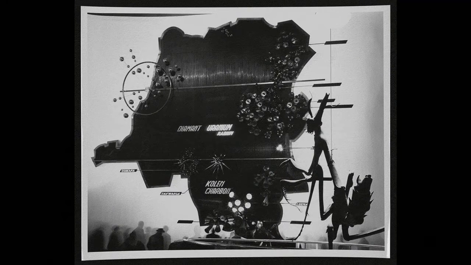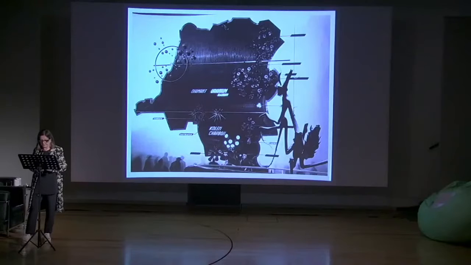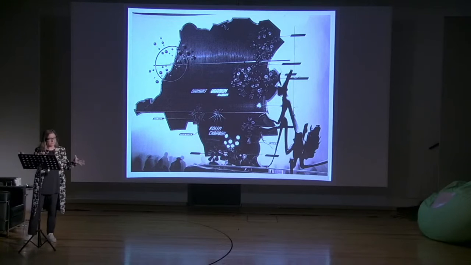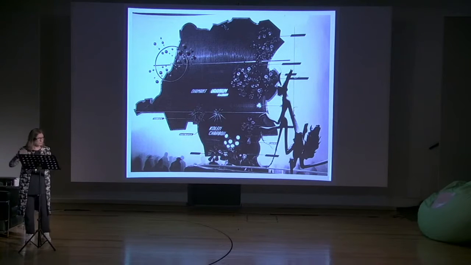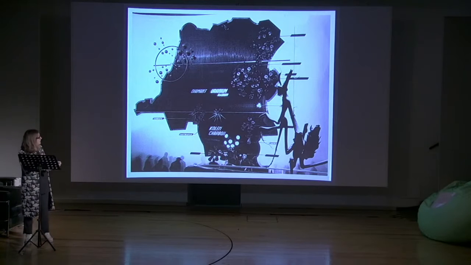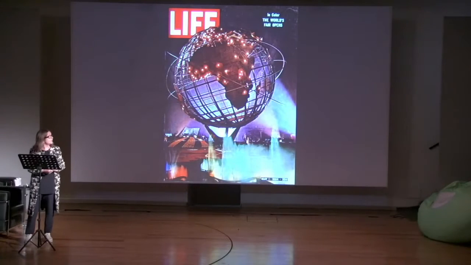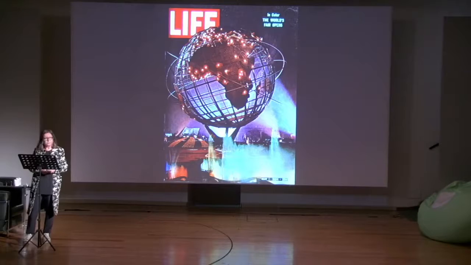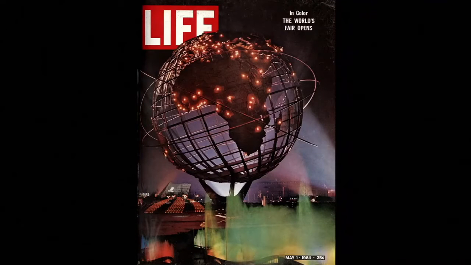And there are many more things that one could say about this exhibition, because we don't have much time. But the way in which the people from Congo were represented, for example, there was a whole human zoo in which people from Congo were living in huts, and visitors could see how they were living. Anyway, so very problematic. This is 1964. My last example is the New York World Fair. 2 years after the Cuban Missile Crisis, with the whole country completely